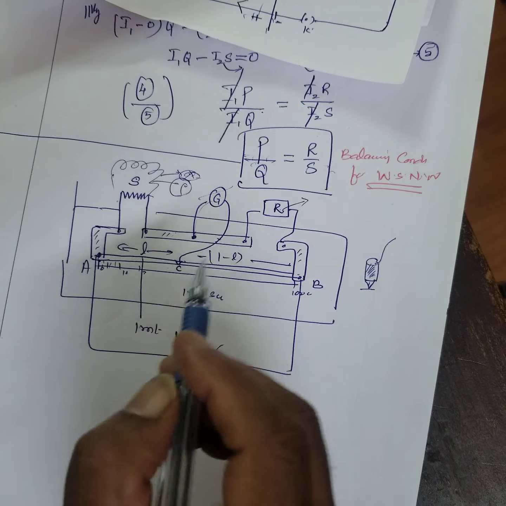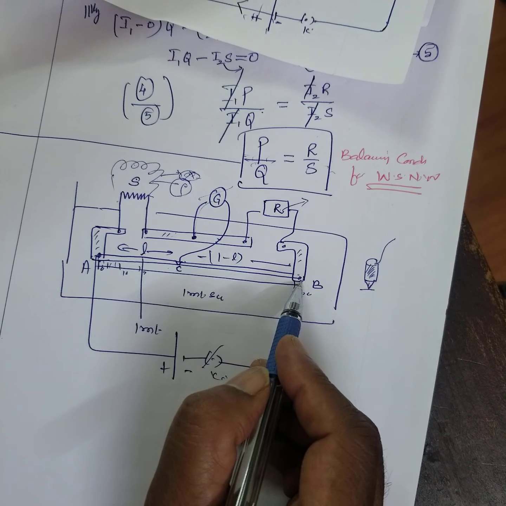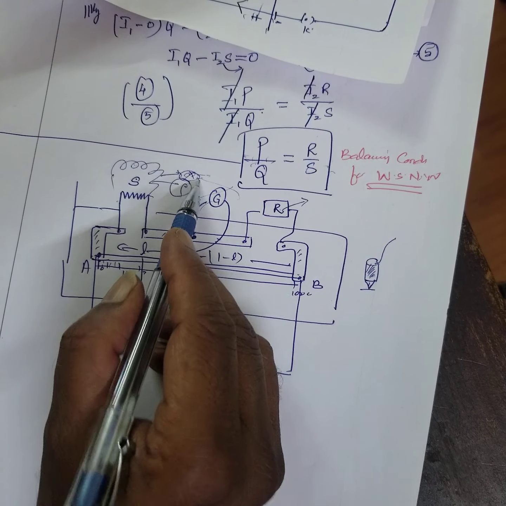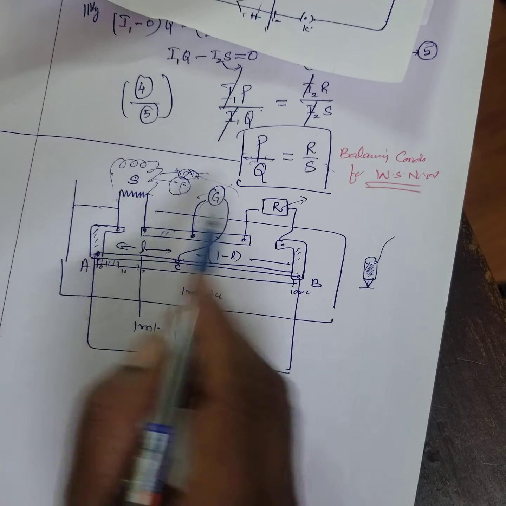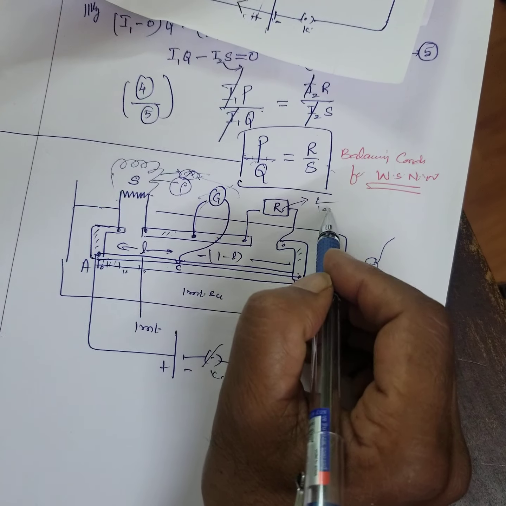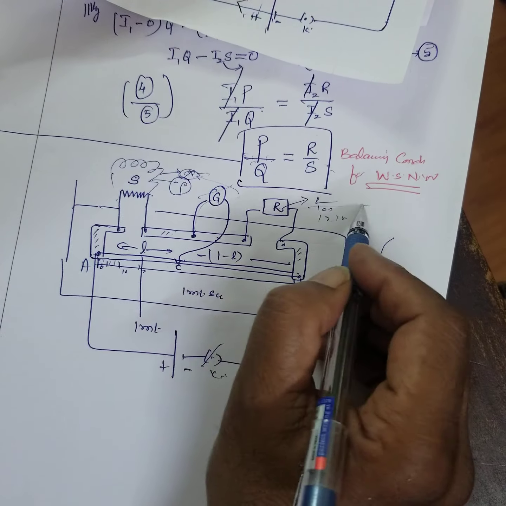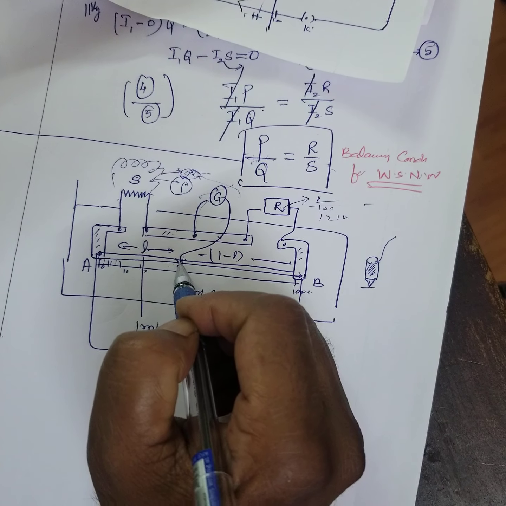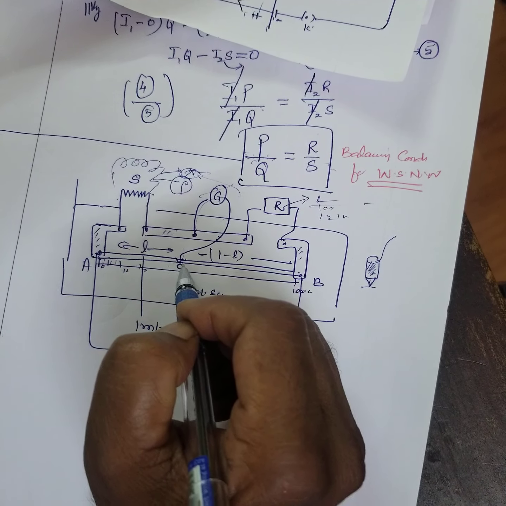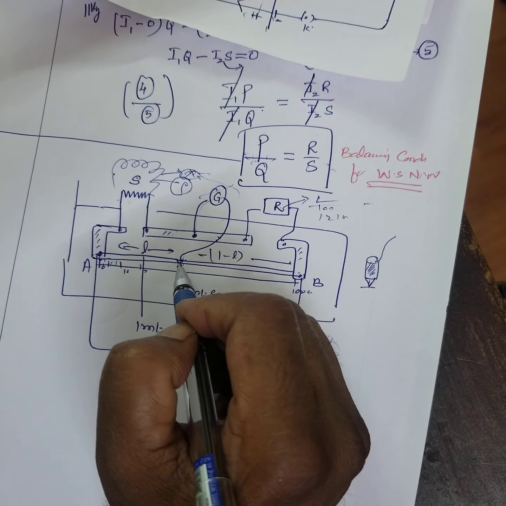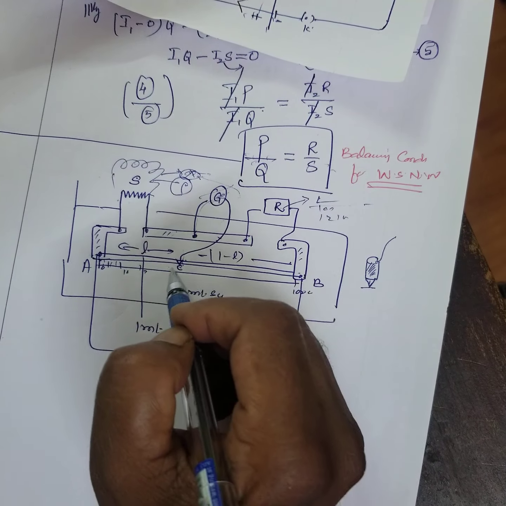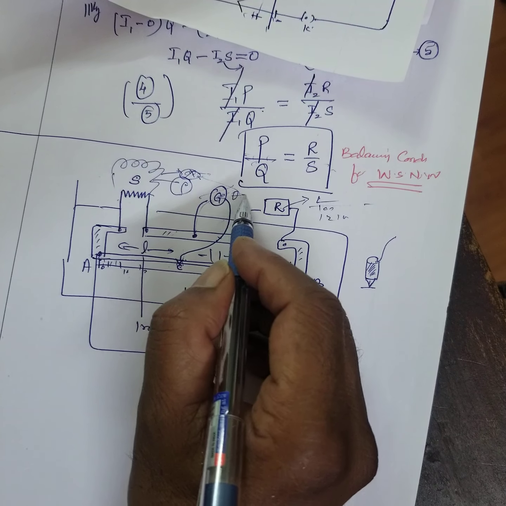Deflection is shown in one direction. The jockey is kept at the other place, this end. Deflection in the other direction. That means the circuit is completed. Then after that, now take a suitable resistance, say 10 ohm or 12 ohm or 50 ohm, then slide the contact to different points on this wire. At one particular point it shows a zero deflection.